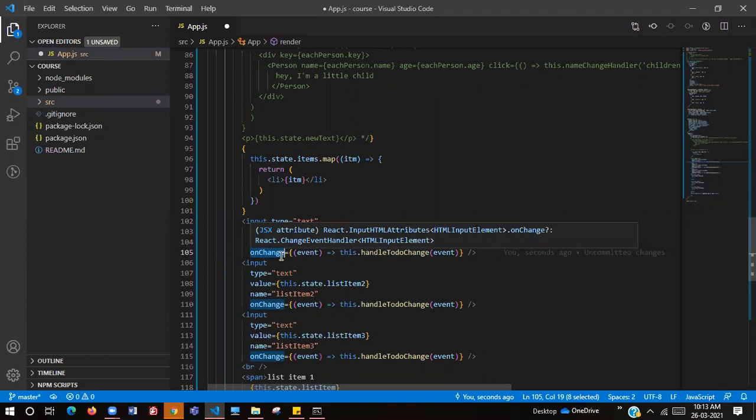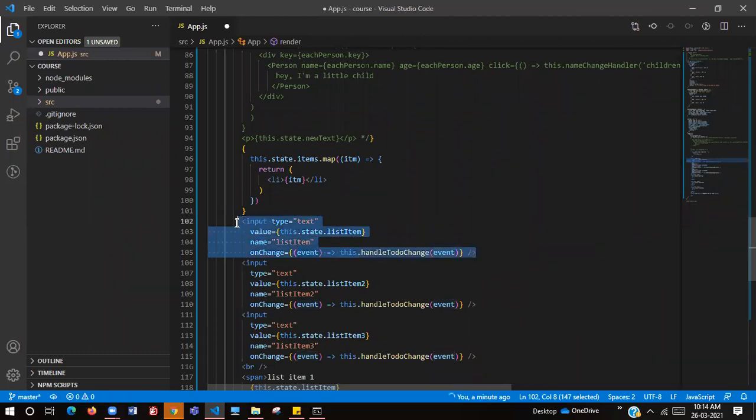Yeah, it's clear, Harish. Continue. So when we pass this input, it will have many attributes, right? I've already shown you the other day. These have many attributes, and among those attributes, name and value are a few. So event.target, what does target mean?